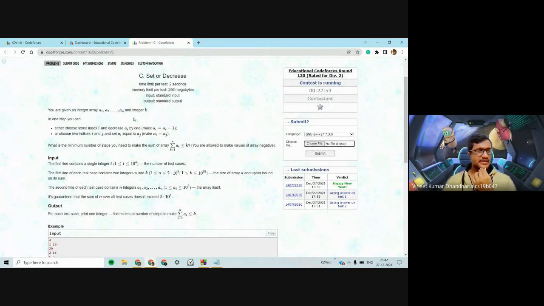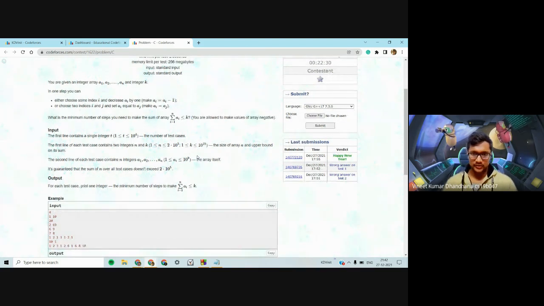You are given an integer array a1 to an and an integer k. In one step, you can either choose an index i and decrease ai by 1, or choose two indices i and j and set ai equal to aj. So I guess the question should be clear. You have been asked what the minimum number of steps required to make the sum of the array less than k is. The question is pretty straightforward.